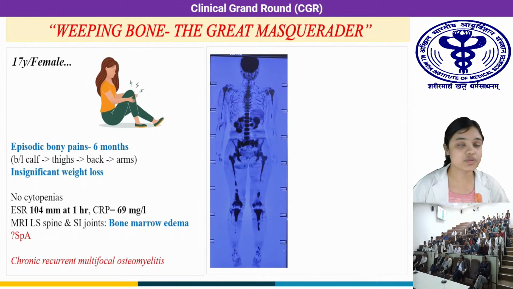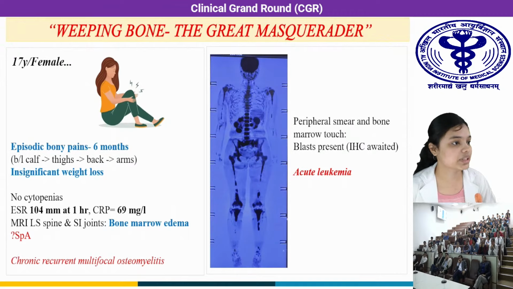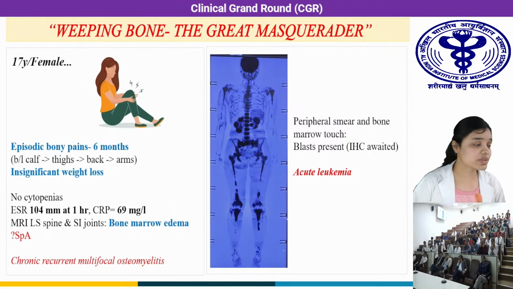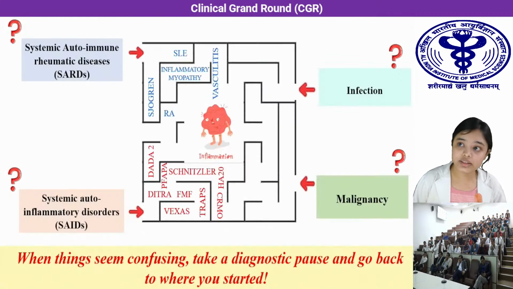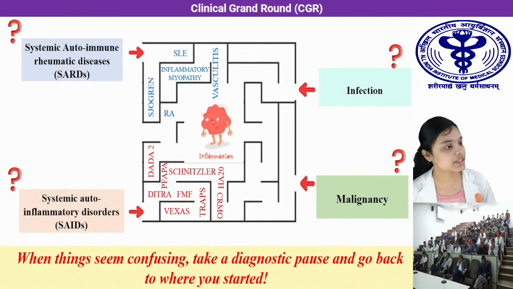Whole body was suggestive of infiltration of the axial and the appendicular skeleton. A subsequent peripheral smear and a bone marrow examination showed blasts, and it was actually a case of acute leukemia. So what initially was diagnosed as a case of CRMO, an autoinflammatory syndrome, actually turned out to be a high-grade malignancy. So through all these cases, I think it is clear that a timely suspicion of autoinflammatory syndrome is important,